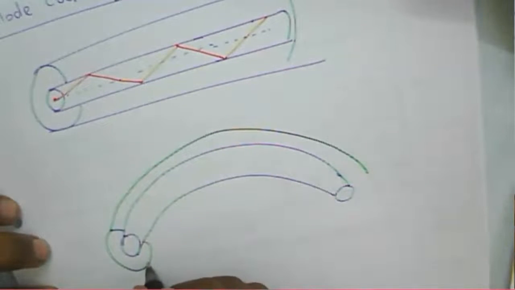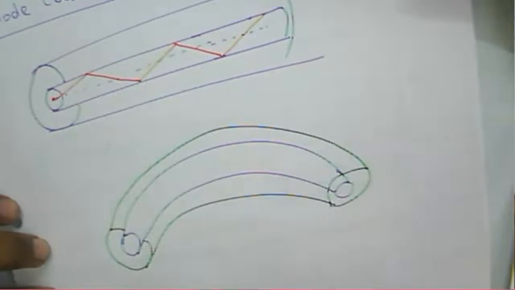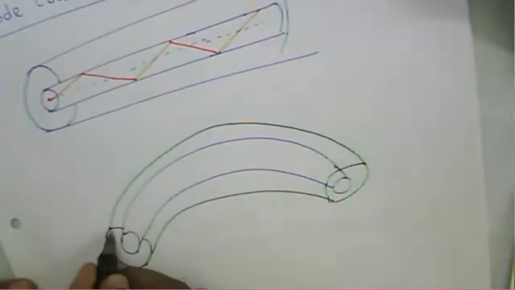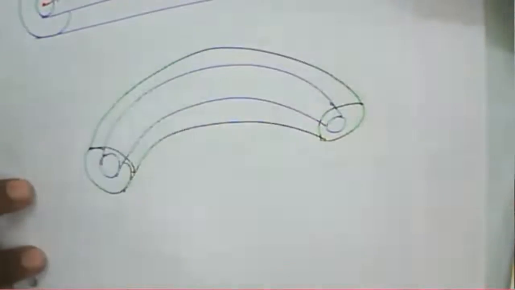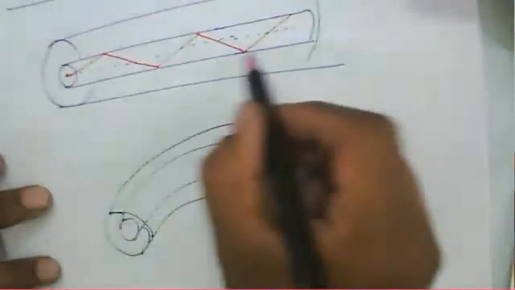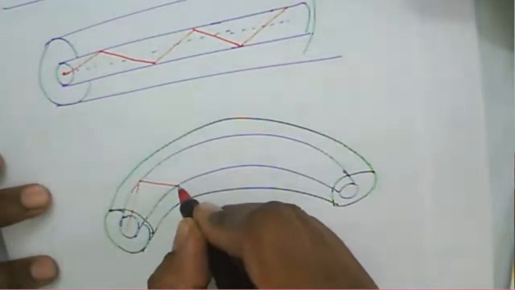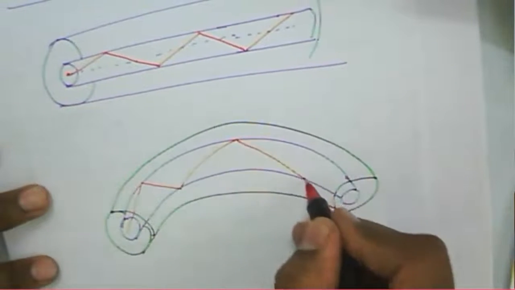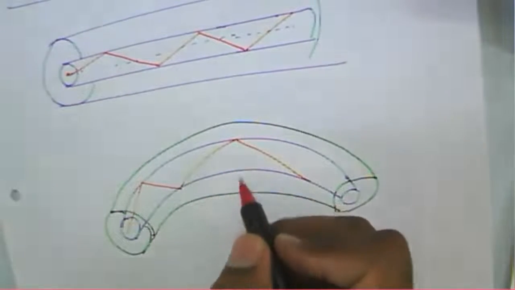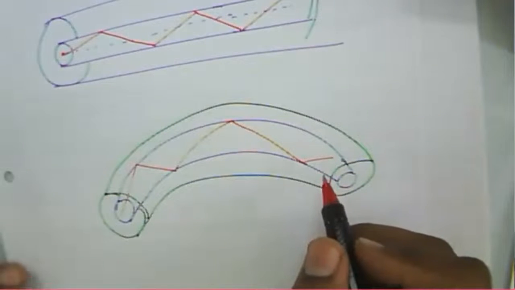Instead of that, we consider that this one is about a bent fiber now. So I will draw here. If it is a straight one, there is no problem. But if that particular fiber is bent, what happens at this particular bend? There will be a bending loss, and due to that bending loss,